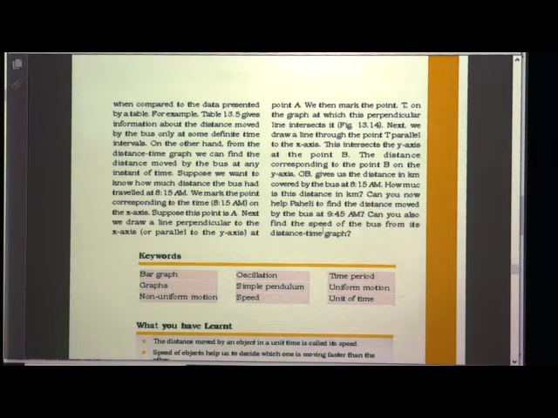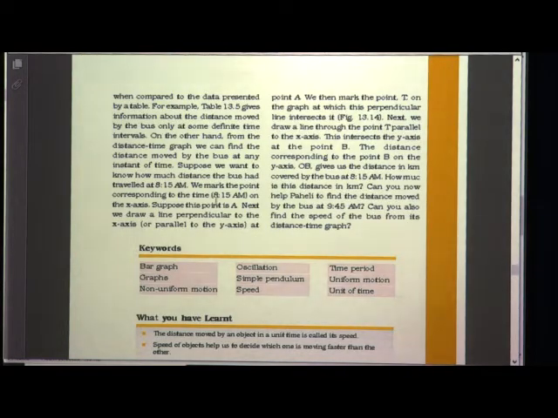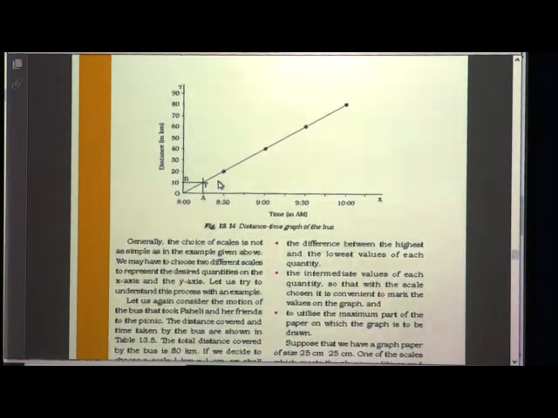Can you also find the speed of the bus from its distance time graph? It is a given activity, you have to take this scale whatever is given in the textbook, then compare it and perform this activity. So, children, here you saw the distance time graph of a bus and how you can do it. Here also in table 13.5, whatever distance is covered after 30 minutes, it is 10. Okay. So, it covers 10 kilometer after each 30 minutes.